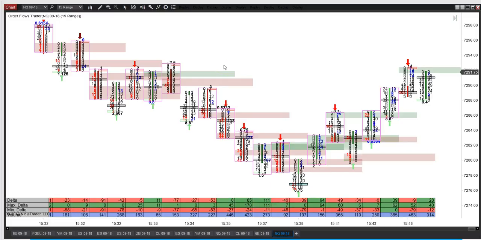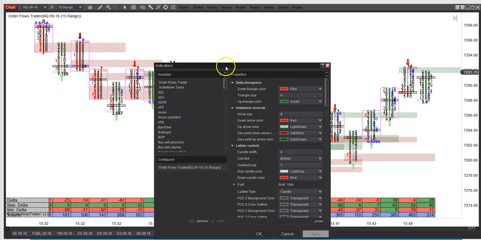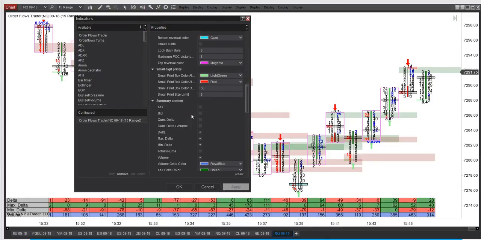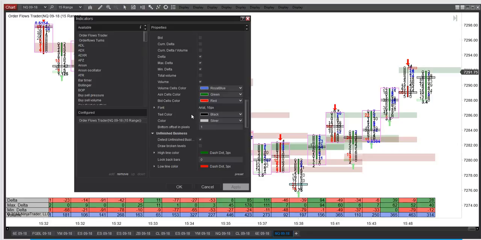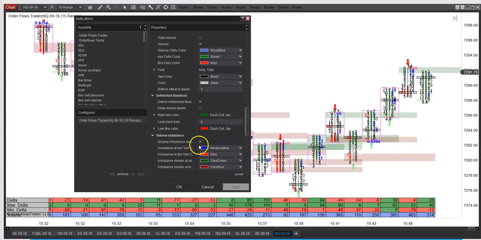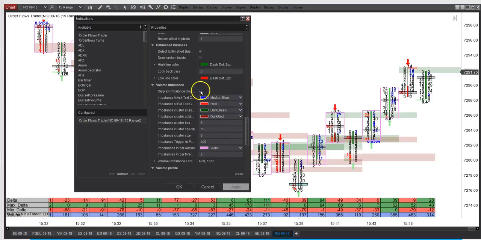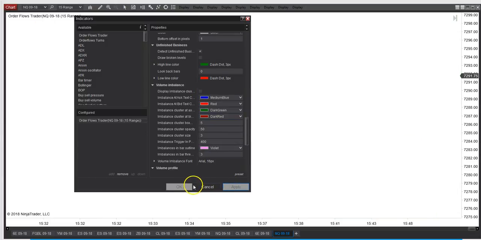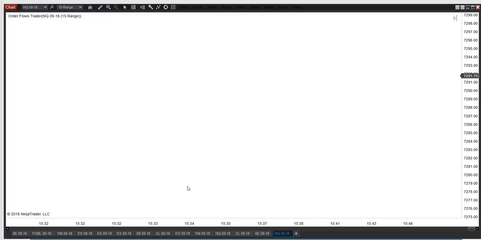I'll just remove the imbalances for now, that way it'll just be a little bit cleaner, because when you're looking at the prominent point of controls,